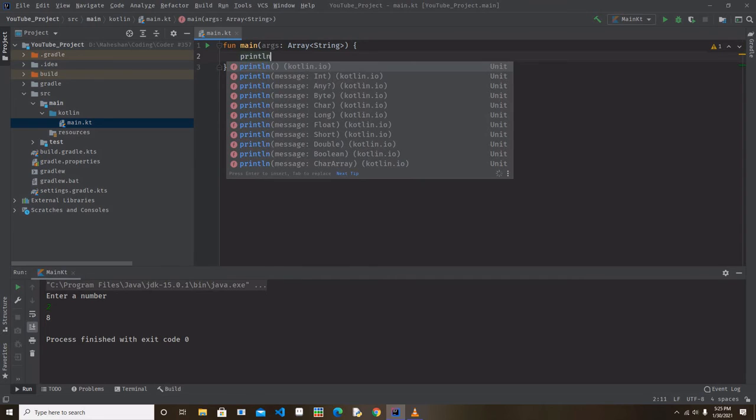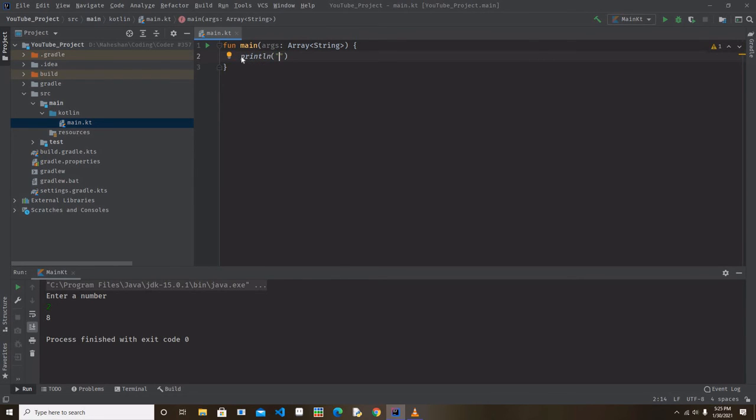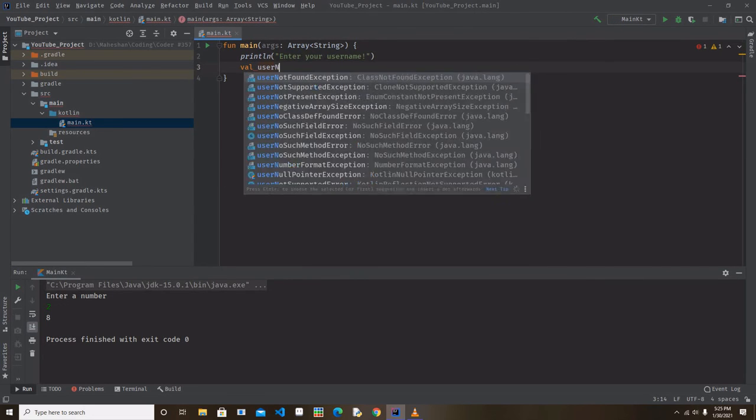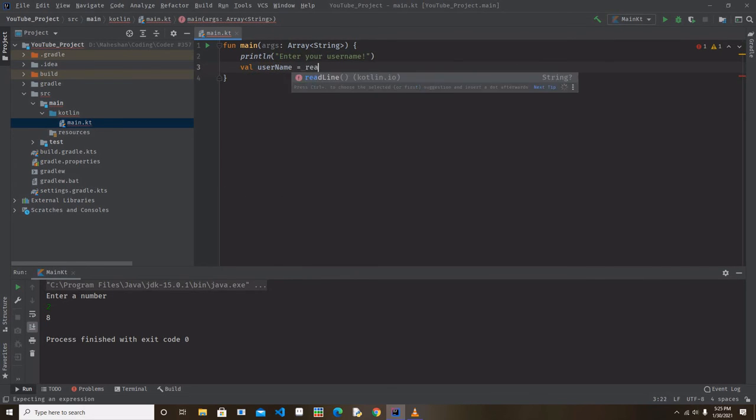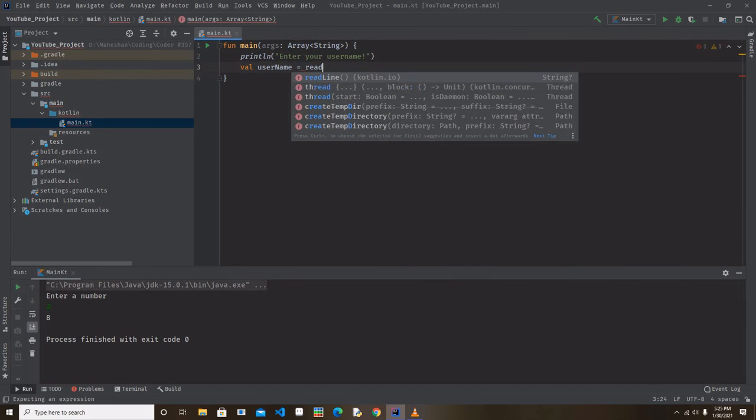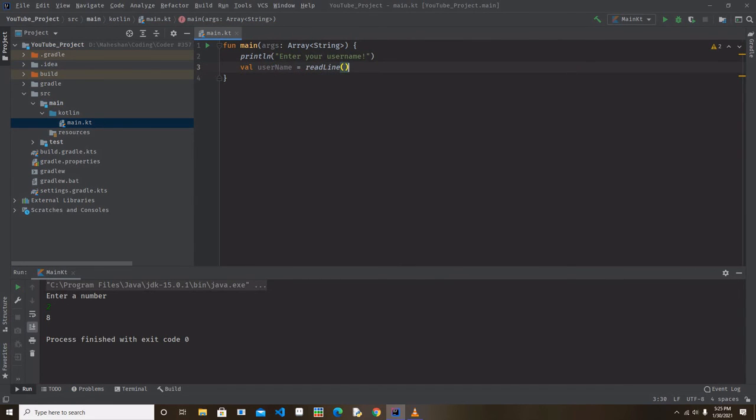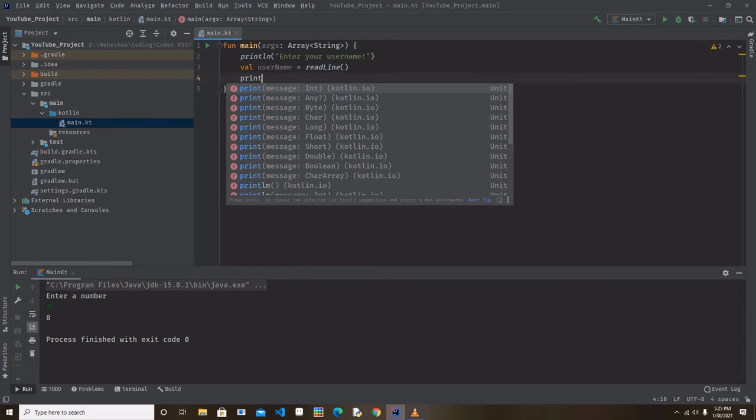So println enter your username, value username is equal to readLine. We are not taking this as an integer format, but as a string because we need text input. And then println